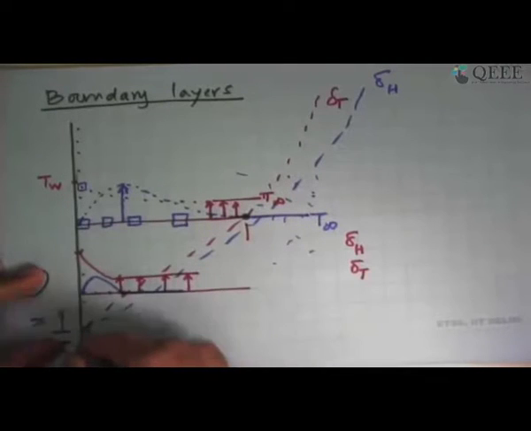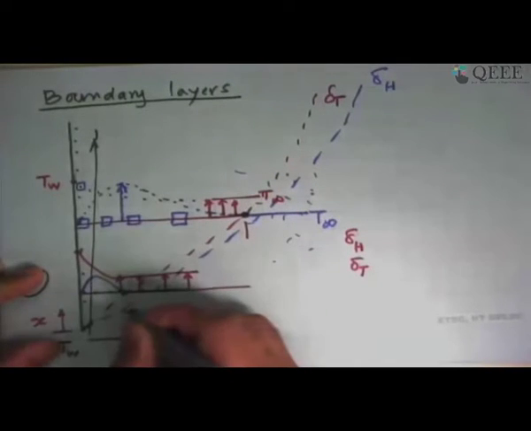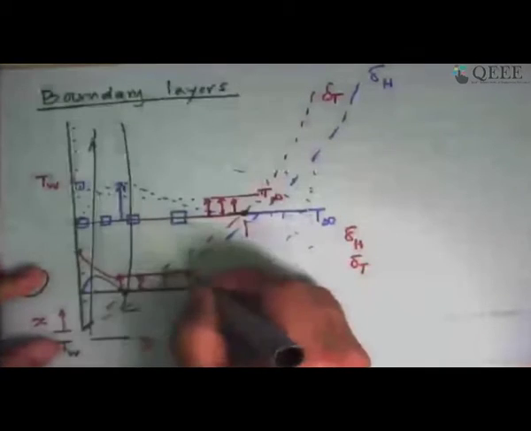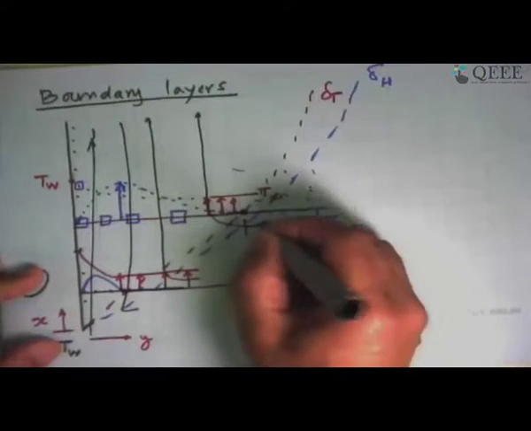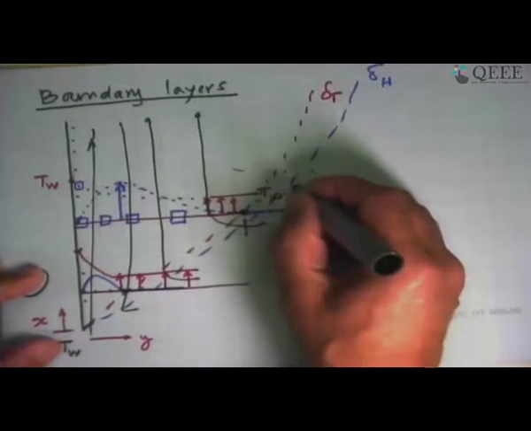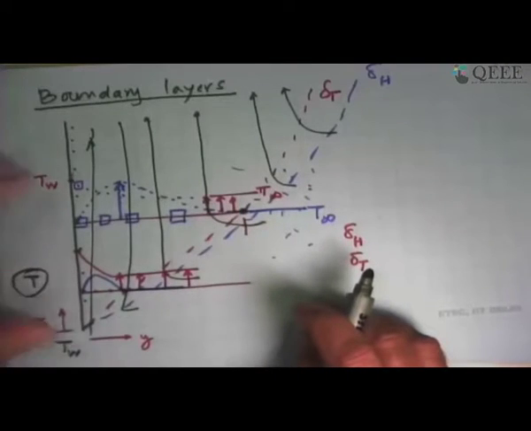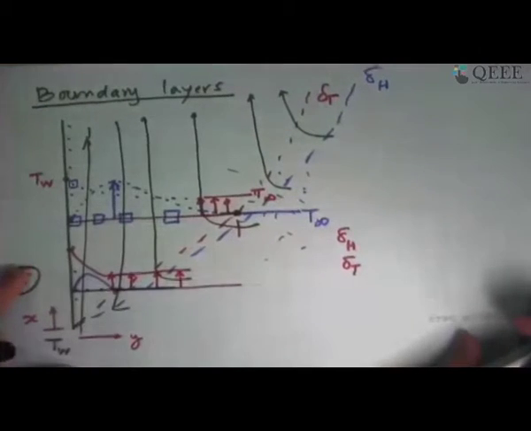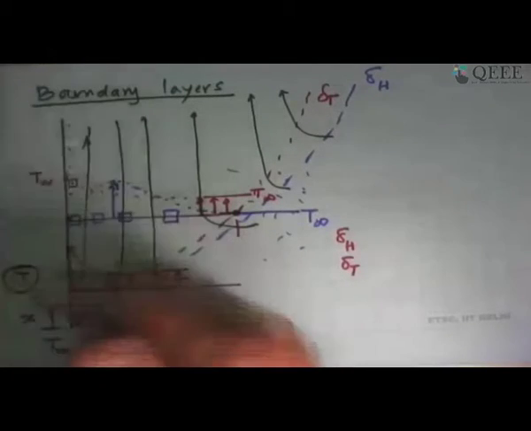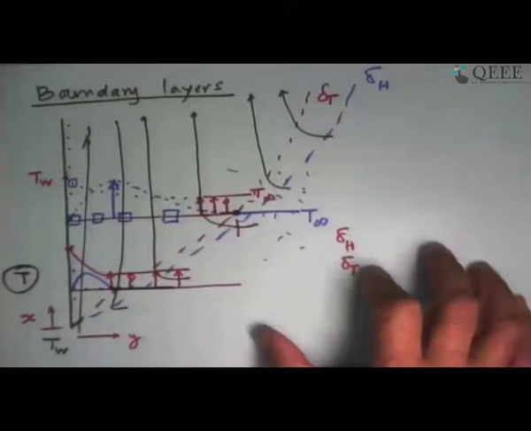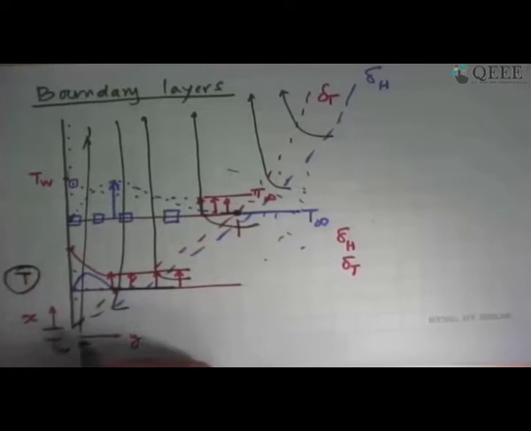So some of the fluid which was here would come in and this would rise. Then there will be a very small velocity here and then this would rise. Then some fluid will come from here and this would take place. Outside this, the velocity is 0. So here it will come and go like this. Here it will come and go like this. So that is how this plate is driving this fluid to go upwards. And that's the type of velocity that will be induced in this. Outside the boundary layer, velocities go to 0. So that is the difference. And here also the velocity is 0.